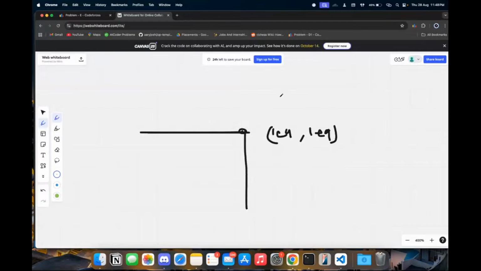I am pushing my x point, the original point on which the robot was, outside of the boundary. That is x dash and y dash, and say that I have many points over here. Okay, so the Manhattan distance will simply be